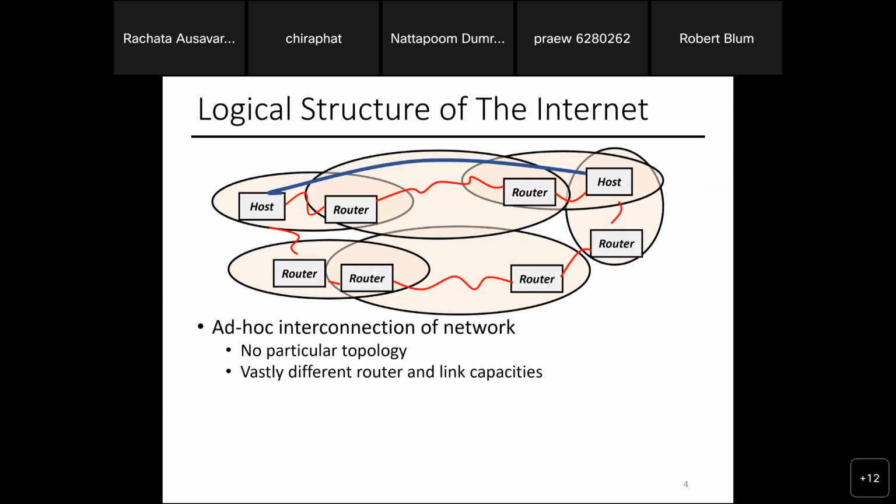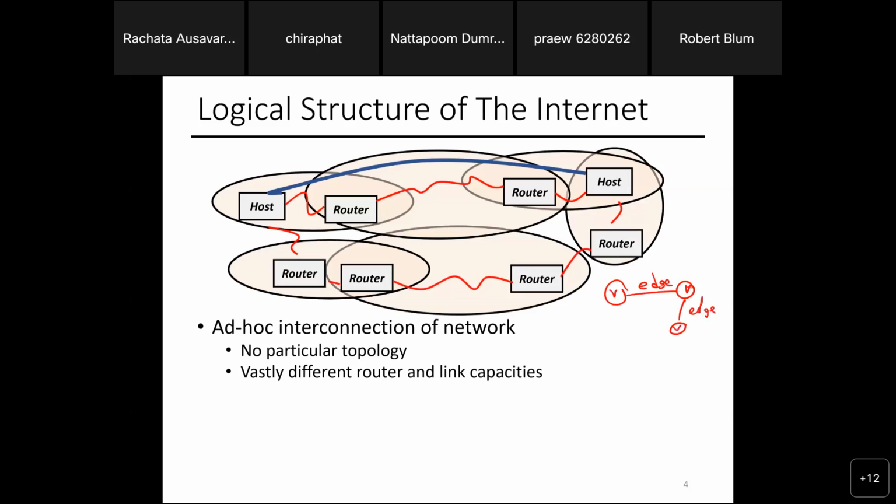When I use the word topology, what I mean is if I draw all these connections and treat the router and the host as a node in a graph, right? Are you guys familiar with the concept of a mathematical graph? Okay. Basically, you have a node, a vertex, and you have the edge that connects the vertices, right?